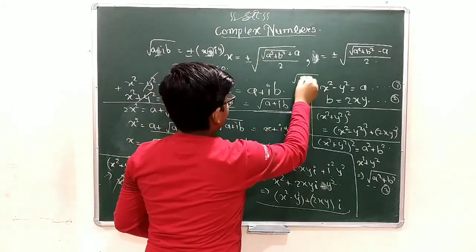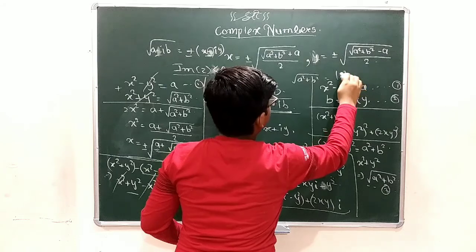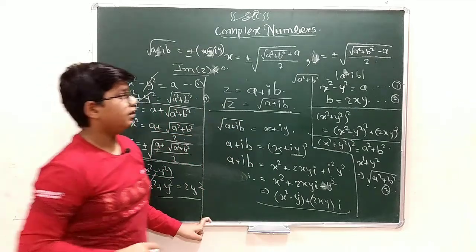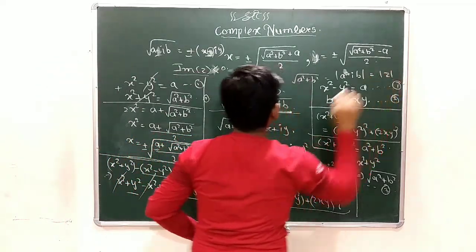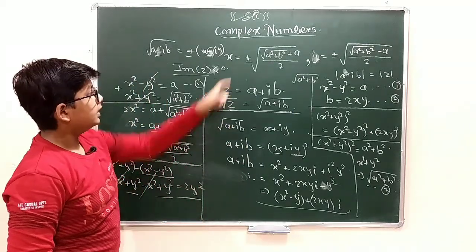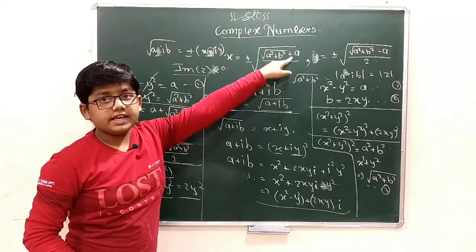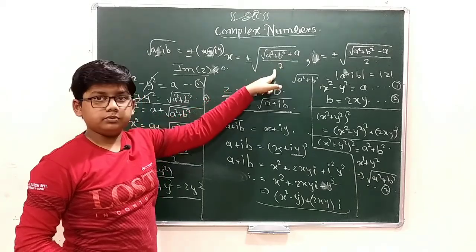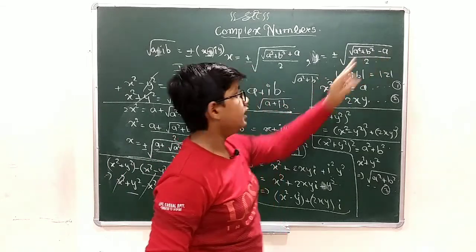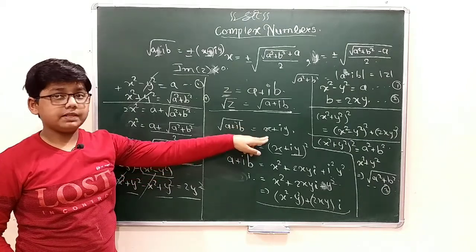Why? Because square root of a squared plus b squared is the modulus of a plus ib, mod of a plus ib. Now what is mod of a plus ib? It is mod of z, which means we can further simplify: x is equal to plus or minus square root of (mod z plus real part of z) upon 2. Similarly, y is equal to plus or minus square root of (mod z minus real part of z) upon 2. So by this we get the answer for square root of a plus ib to be equal to